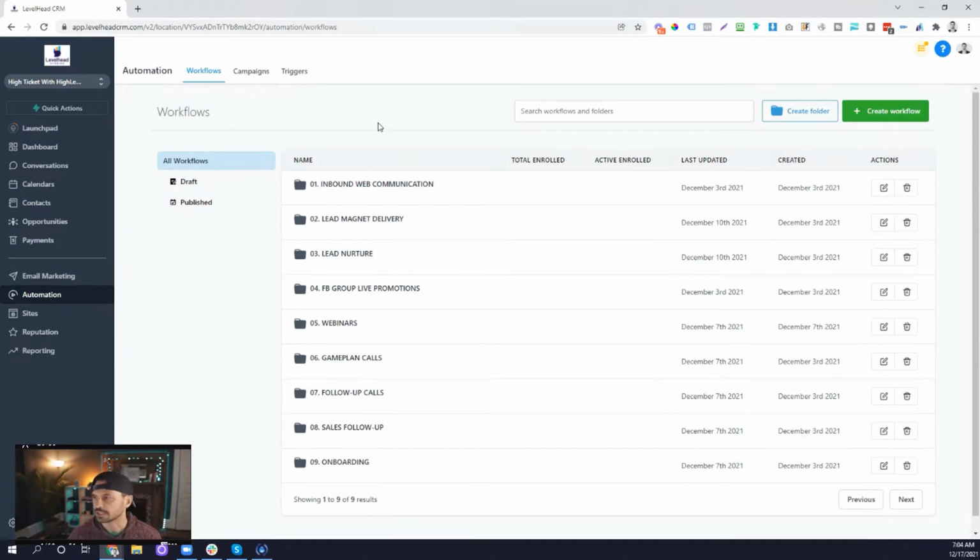Now, the way that we structure our folders is the flow of the sales and marketing process. So at the top here, we've got inbound web communication, which is basically anything coming into the website. This is just an example of how you might structure yours. Then we've got lead magnet delivery. So when someone opts in to receive a lead magnet, we want to deliver that first. We don't want to go into our deep nurture sequence there. We just want to deliver it and then move it to the next step in our sales and marketing process,